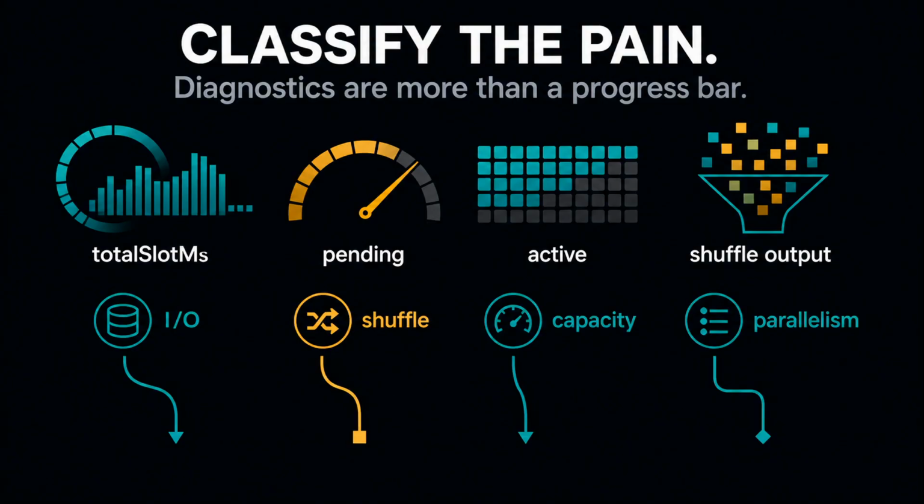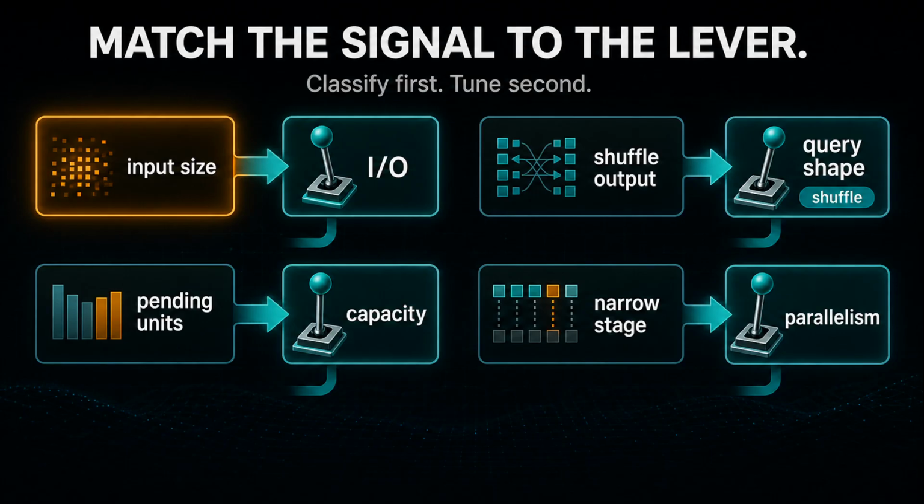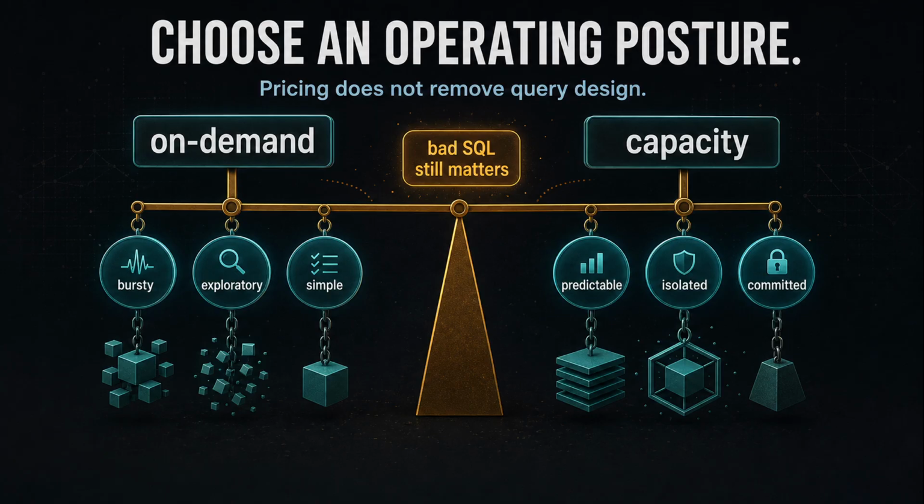More than one, actually. Look at the stages that dominate slot time. Look at pending, active, and completed units, and whether work is stuck waiting. Then check shuffle output, spill, and input size. So, if one stage is eating most of the compute while the rest sit idle, that is the tell? Yes, and the query plan doc we linked names every one of those fields. The job is to classify the pain. Is this mostly I/O, mostly shuffle, mostly a crowded pool, or just a query that will not parallelize the way you hoped? Name which one it is, and now you know which lever to pull.